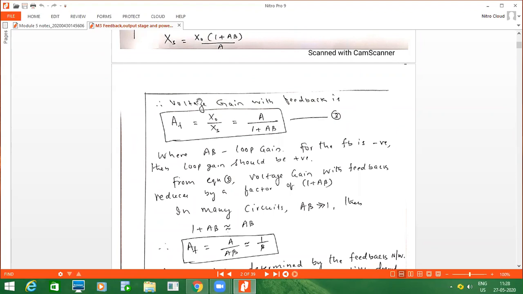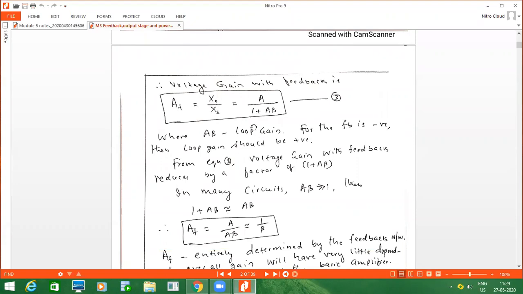From this equation what we got to know, you already said the first advantage: if we use negative feedback for designing the amplifier circuitry, gain will be reduced. How much will it be reduced? Initially we have the gain of an amplifier equal to A. Now the same equation becomes A divided by 1 plus A beta. The gain is reduced by 1 plus A beta times after using negative feedback. That is the meaning of equation number 3. Generally you can call gain with feedback equal to A divided by 1 plus A beta. So this is fine.